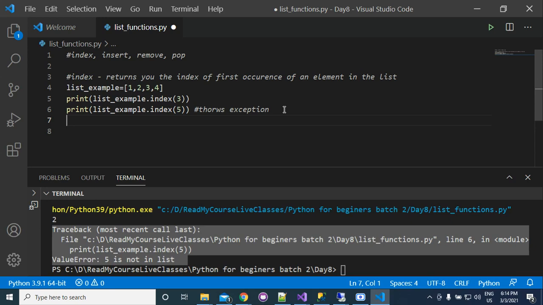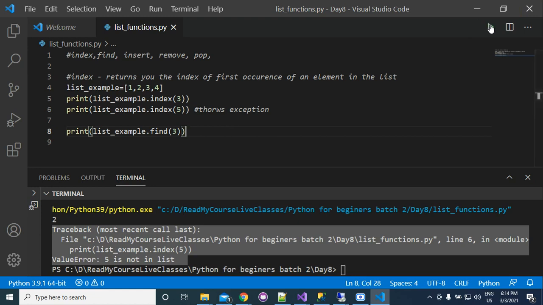So there is another way, which is called find. Find also works like the index function, but if the element is not present, then it will not throw an exception. Suppose we write list example dot find and we want to find 3, then we'll get the index of the 3.